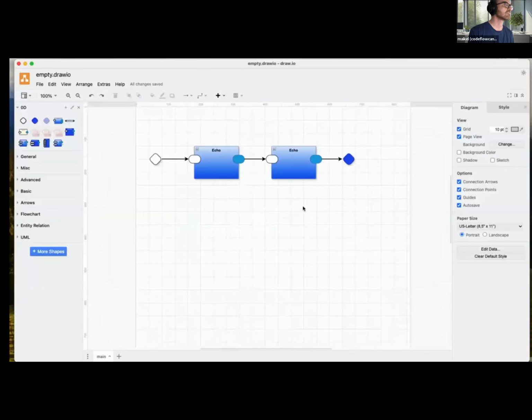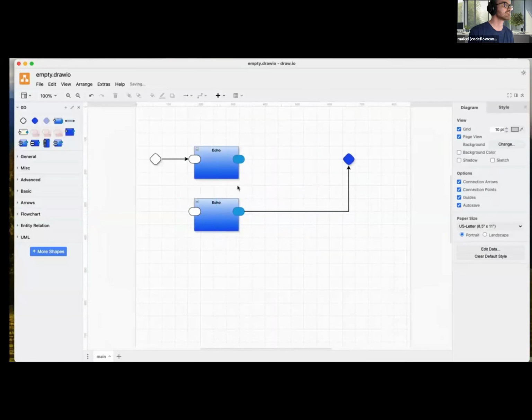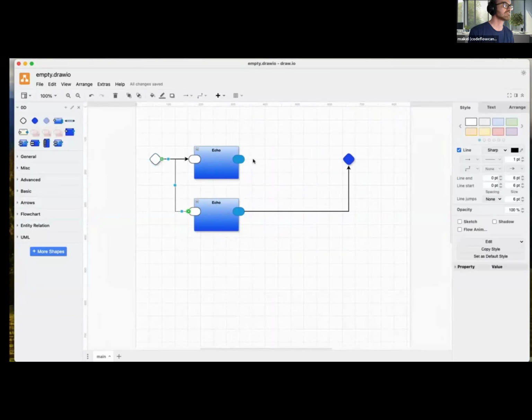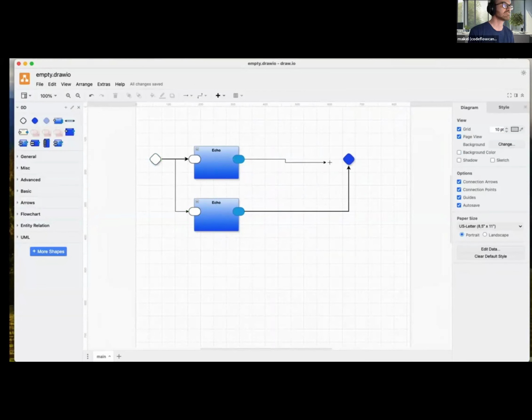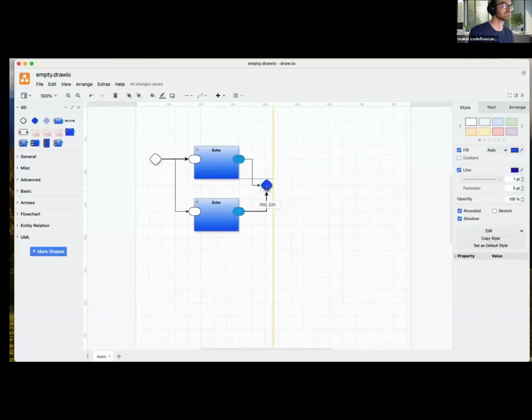Now let's make this parallel. Drag that down to here. Get rid of that line. There. Go to there. Drag that to the middle.